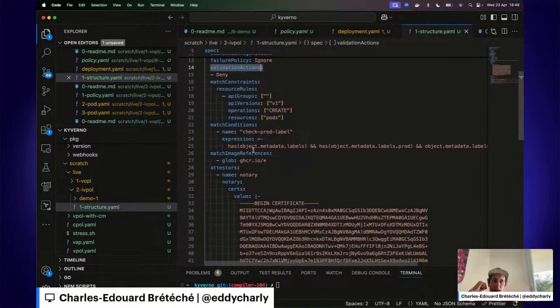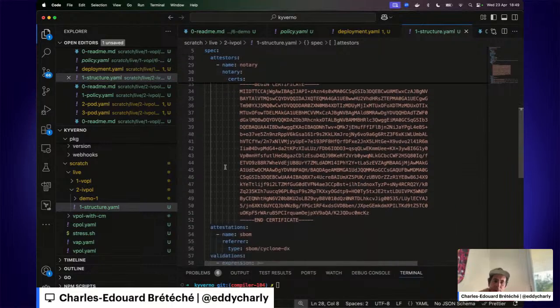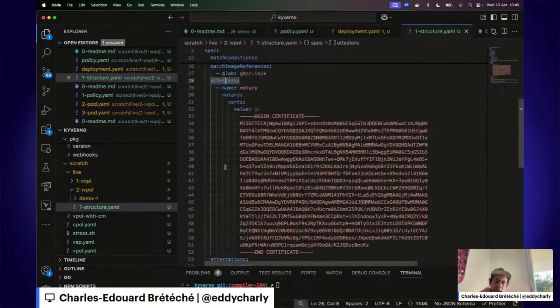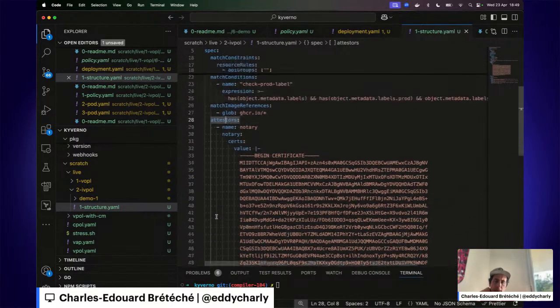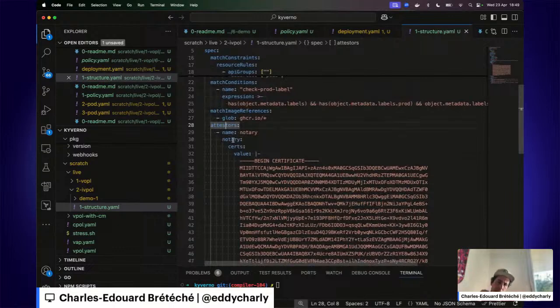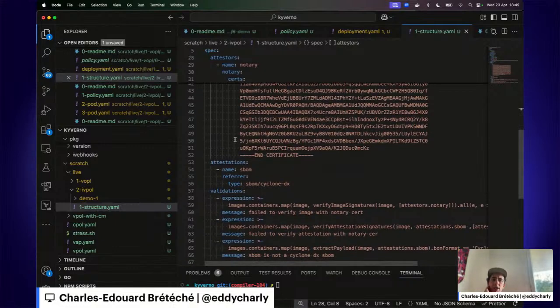One difference is that we now have match image references. This policy will apply to some images, but not to others. We have attestors and attestation fields that are used to verify the image signatures.